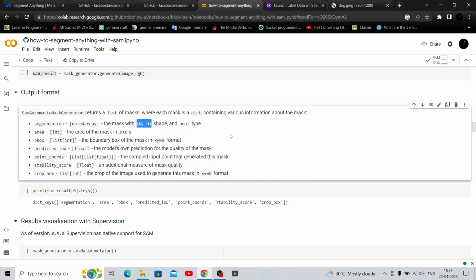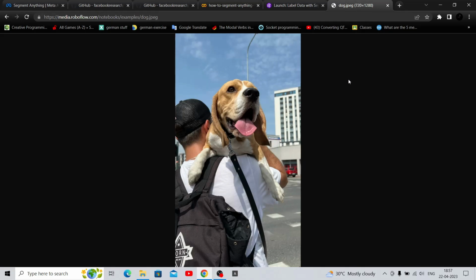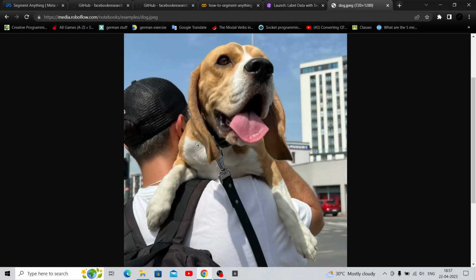For example, if I have the dog picture that we just saw, right? So we'll go to the dog picture. If we want to segment only the dog, and I know, for example, this particular pixel right here, right? So this pixel is a part of the dog. So there the boolean value will be true, and when the boolean value is true, I will color that part of the image, right? So then I will have a mask all over the dog. So this is the basic idea behind masking images,